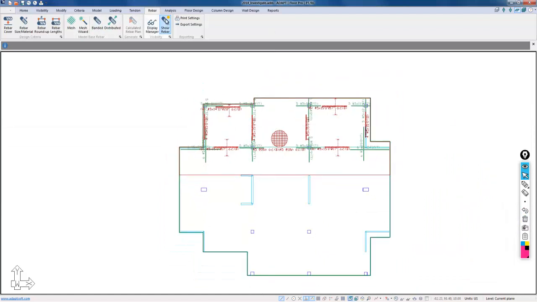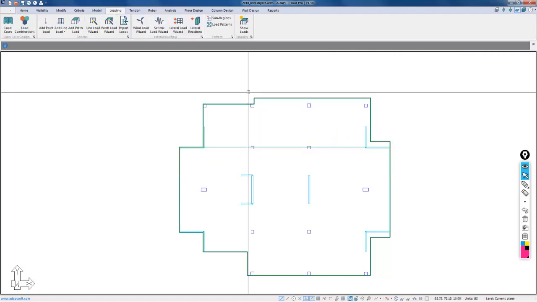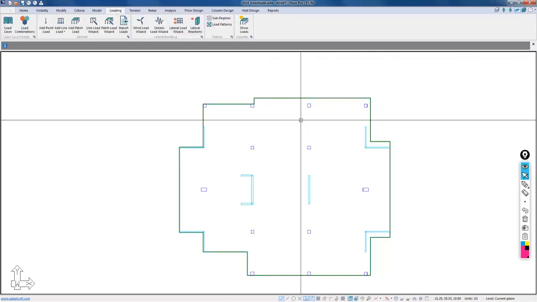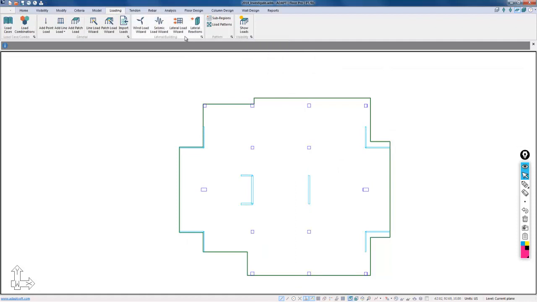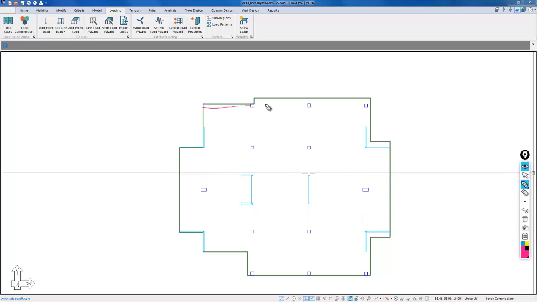And I'll go ahead and turn off the rebar by selecting show rebar. That turns it off and on. I'll do the same for loading. I'm going to turn off the loads that we have, and now we're going to add some post tensioning. Now the post tensioning, we're going to say we have 10 half-inch diameter strands here as banded, and then here we're going to say we have 16 strands as banded, and